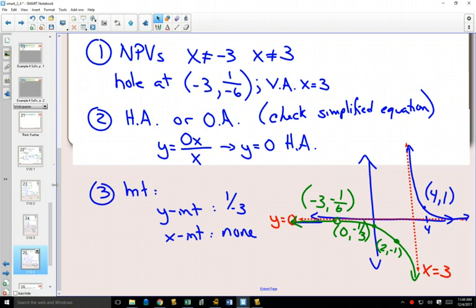Typically, on the exam, you will get questions like 1, 2, and 4. They seem to avoid the oblique asymptote on the exam. That's not to say that, who knows, maybe this year will be the first year that an oblique asymptote appears on the exam. But they seem to really like ones like question number 4. Unfortunately, there's no additional examples for question number 4 in your homework today. So just work on questions 3, 4, and 5. But I will give you some more to work on